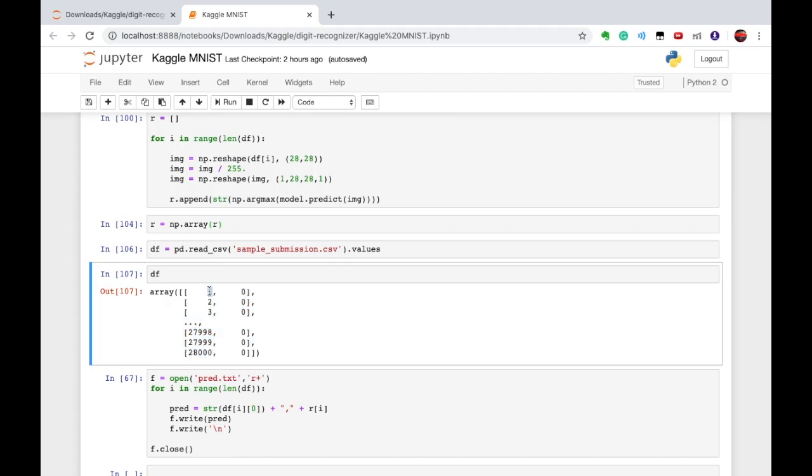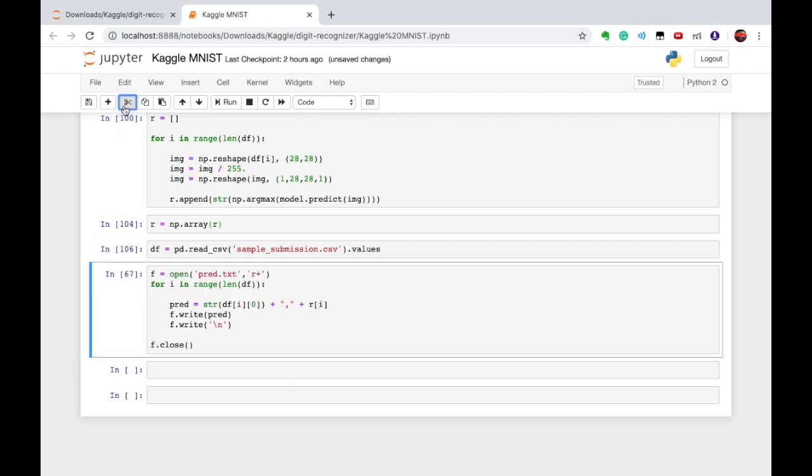So for the first image I need to write its prediction at this particular index, then for the second one I need to write the prediction for its index. So instead of writing on this CSV file, I'll create my own file and write it in the same format. Okay, so let's do this.